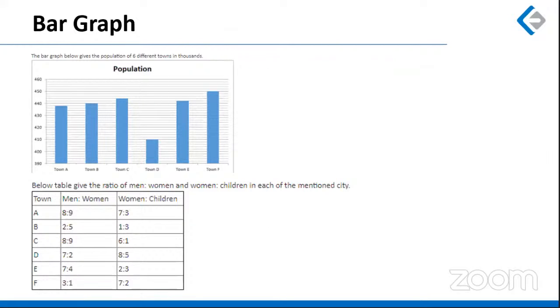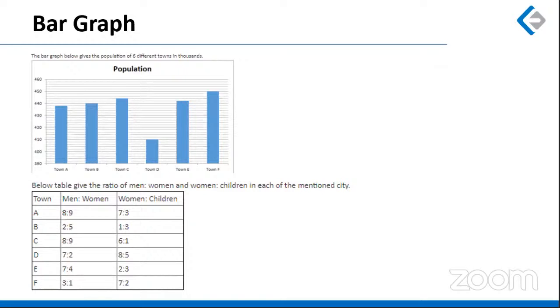Two sets of data interpretation. This one was a bar graph. Now, this is where we had 6 towns given, that is town A to town F. The populations were given on the vertical axis, and in the table given below, we had the ratio of men and women and children. Now, looking at these two ratios, like M is to W and W is to C, everybody will be able to understand that you can take a common ratio, that is men is to women is to children, within any particular town, and you can calculate the required values. So this was the only logic which was based in this set.